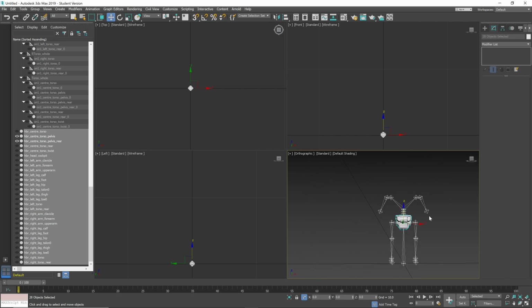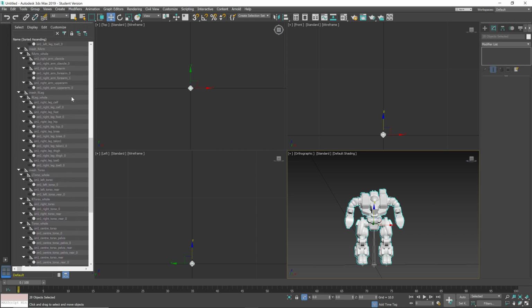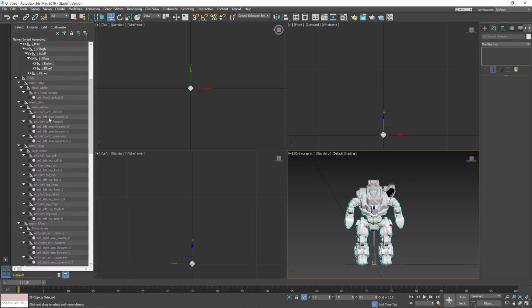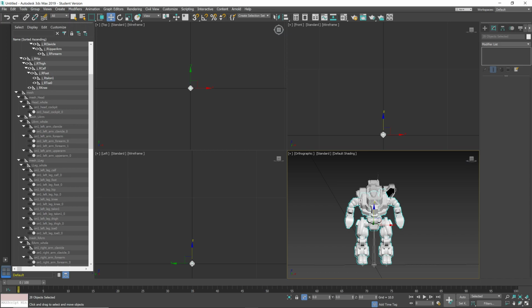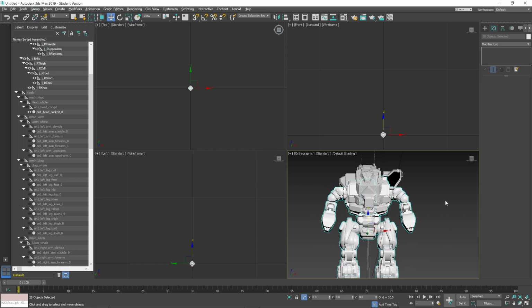Alright, so we are done with this portion. Let's go ahead and turn the rest of the Hellbringer back on. And we are going to take the Orion's upper body. So let's see, torsos, and center torso rear, center torso, and a cockpit. So now that we have the Orion's upper body put back in there,